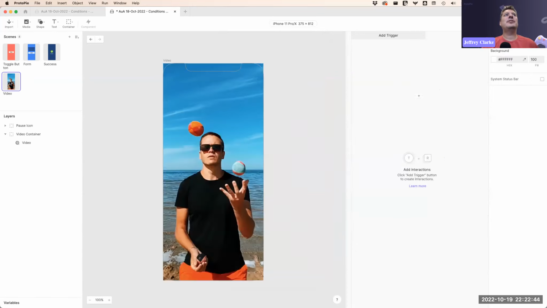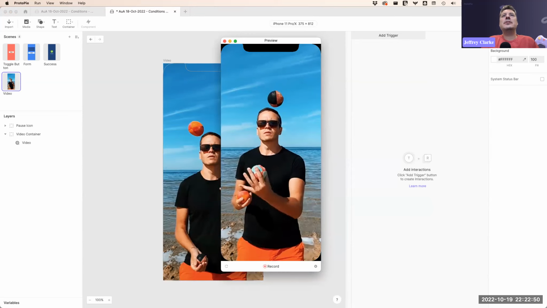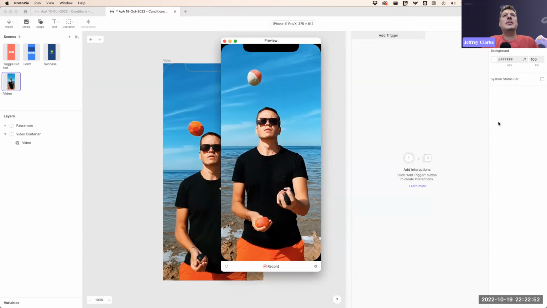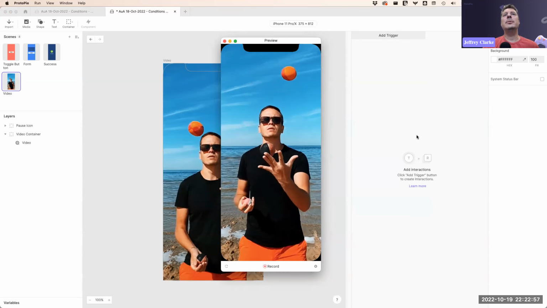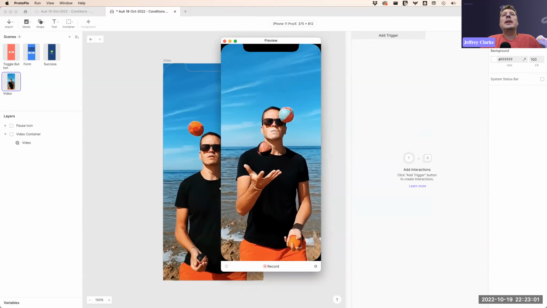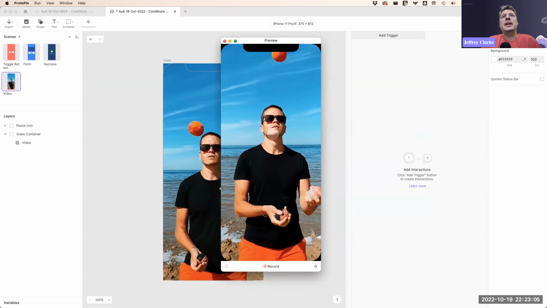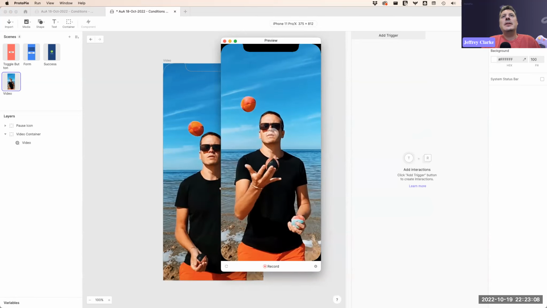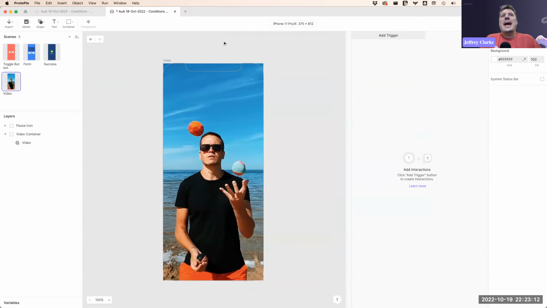And now let's move on to the last example. In this case, I've got this video that's playing, and I got this video from Pexels. It's a free video, just a 10 or 30-second clip, and it's just going to play looping here of this slow motion juggling, which is very therapeutic, and I can sit here and watch this all day. What I'd like to be able to do is every time I tap the video, I want to toggle its playback state. If I click it once, I want it to pause, and if I click it again, I want it to resume. The problem we have here is ProtoPie doesn't give us